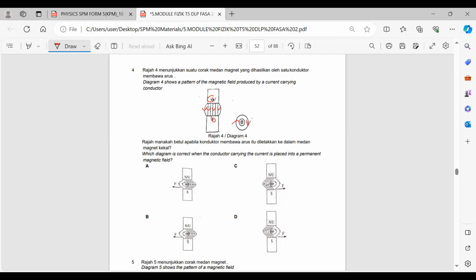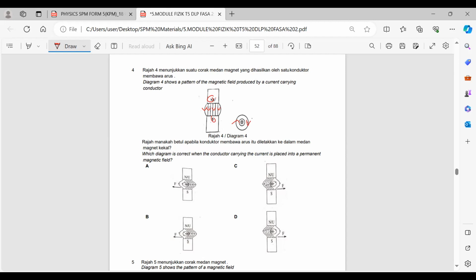Because of that, when current is flowing in, I can use the Fleming left hand rule. Current is flowing in, magnetic field is acting downward, so you will notice that